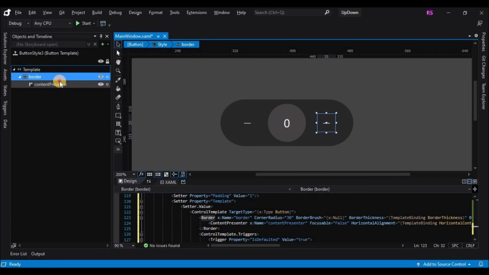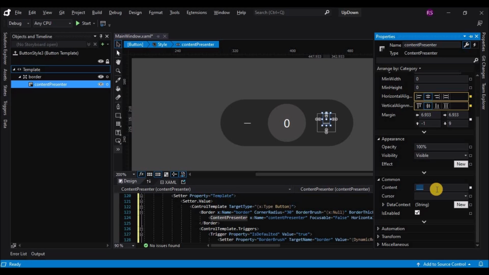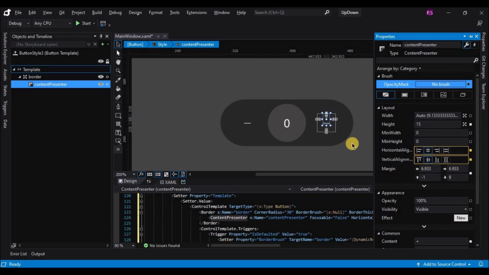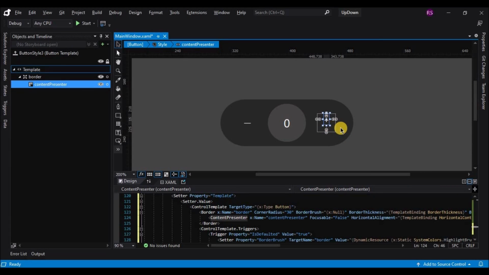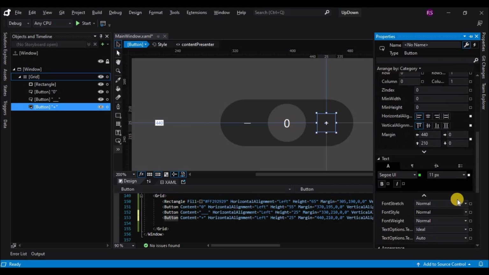So here in the content presenter I will change the content to a plus. Yes, and I cannot change the font size when I am in the edit mode, so I will go back to the window and select the button and go to properties and change the font size to 16.